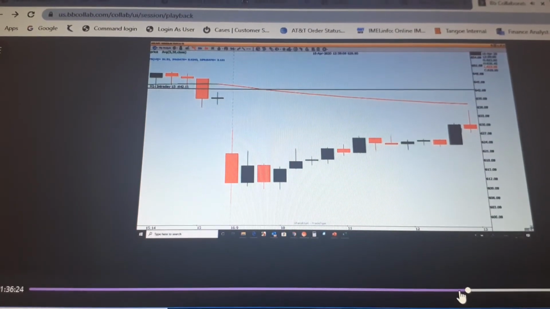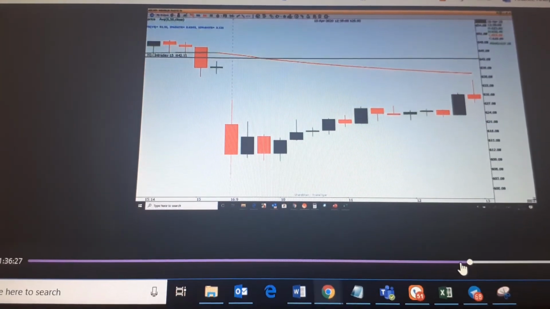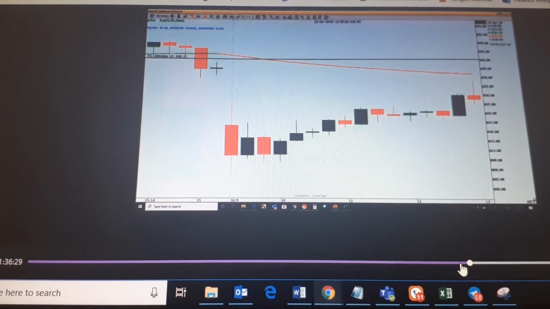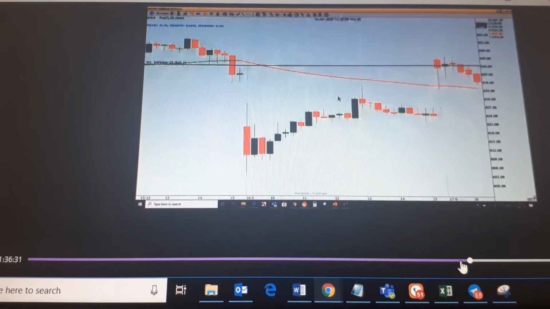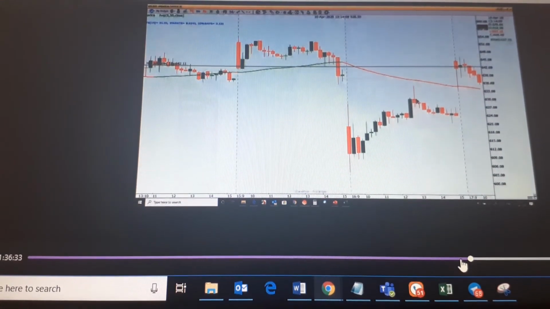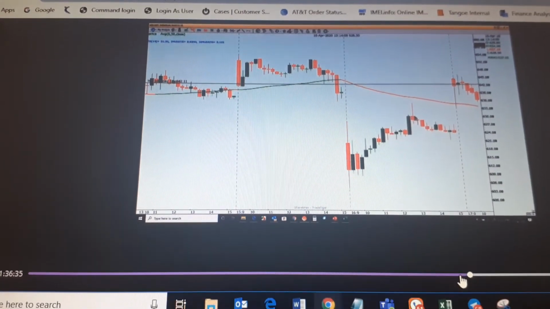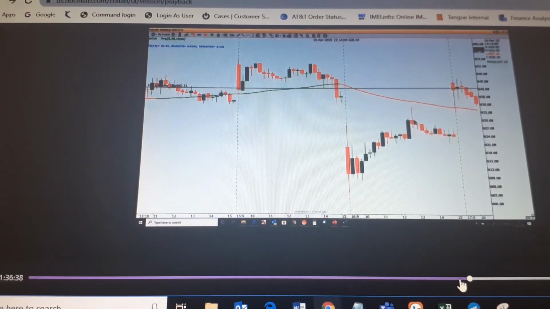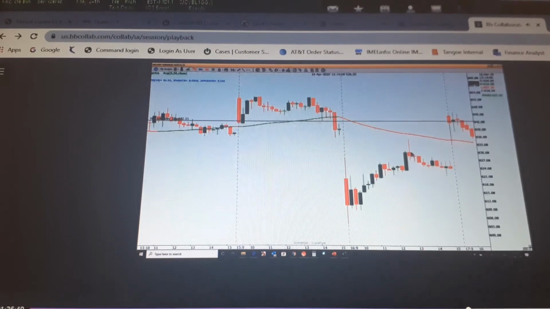This is a leg candle. Why is this a leg candle? Because the body is greater than 50% of the range. Yeah, the body is greater than 50% of the range. Okay, I'm going to explain all those things to you: how to mark a demand, how to mark a supply.